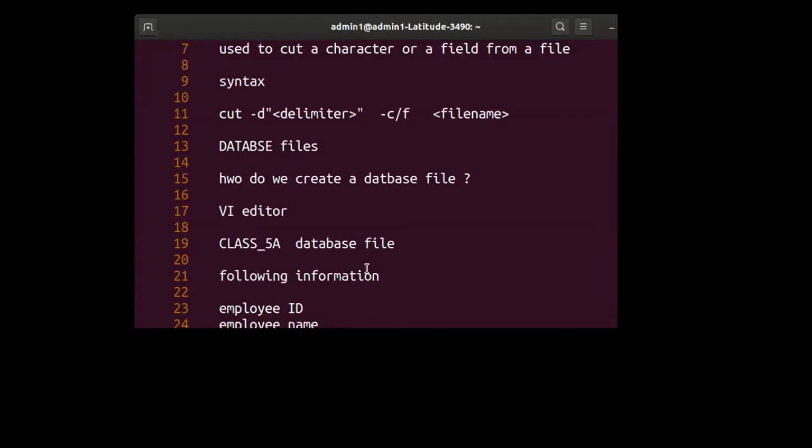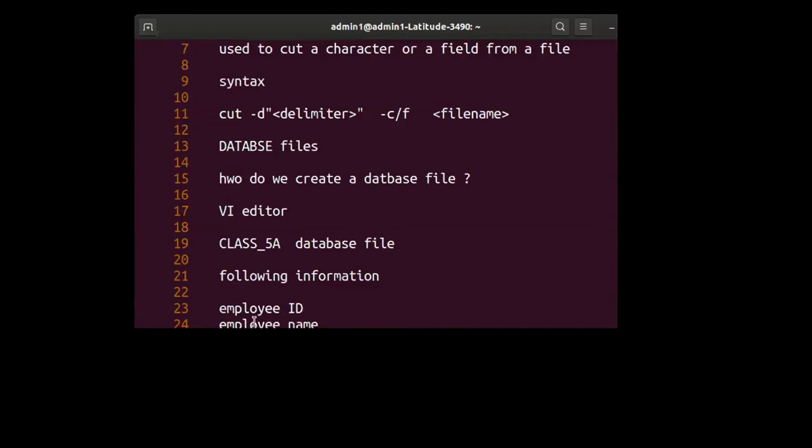Watch out carefully. Let us go very slowly. For most of your career in the Unix operating system, you will come across these types of commands because you'll be working on large files.